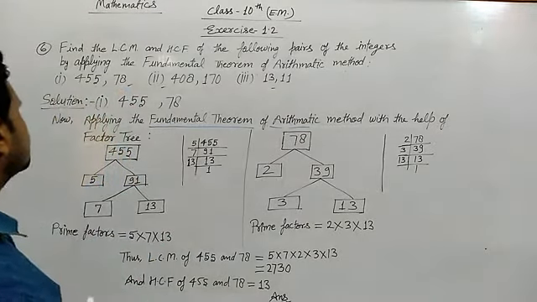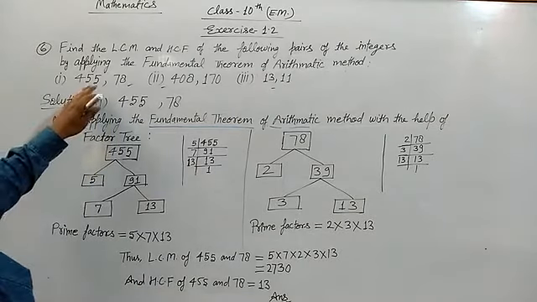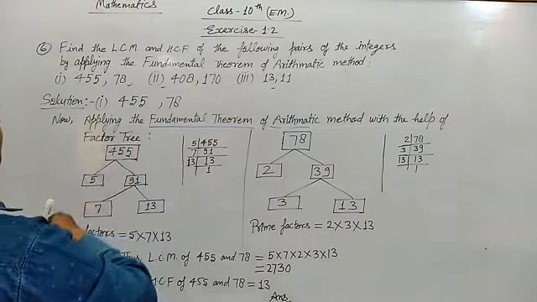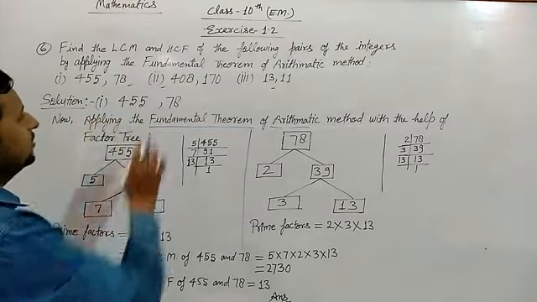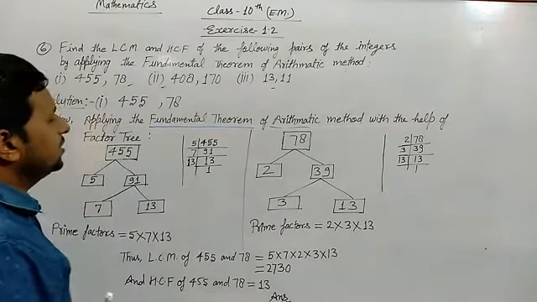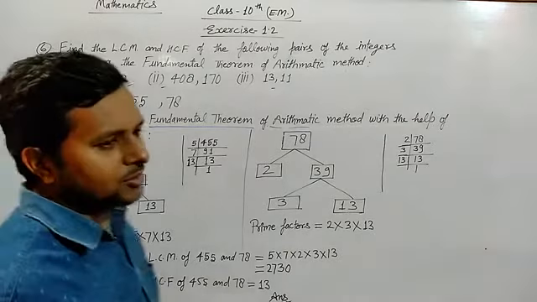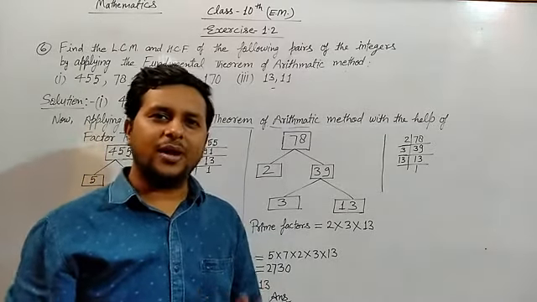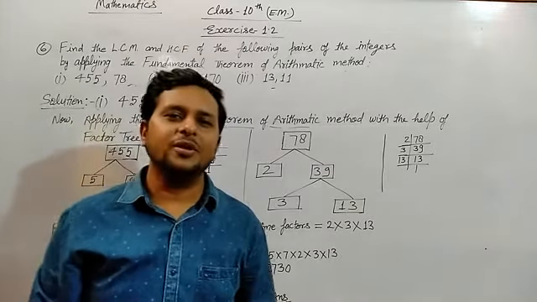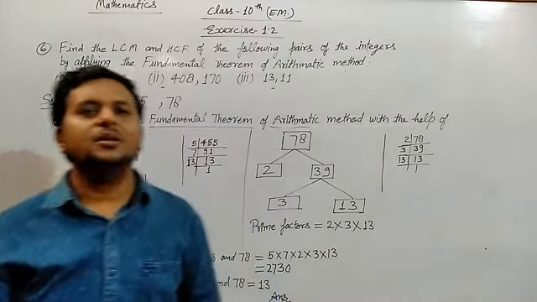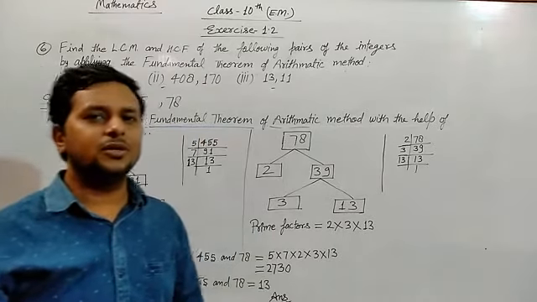Okay, first pair is 455 and 78. We can solve here. First part 455 and 78. For the fundamental theorem, we have to know what is prime number, what is composite number. As in earlier classes, we have studied it. But I will remind you here what is